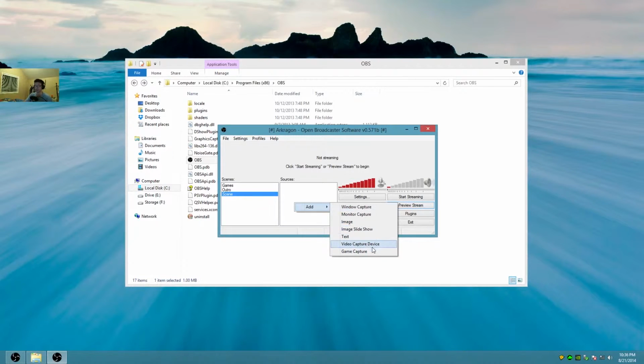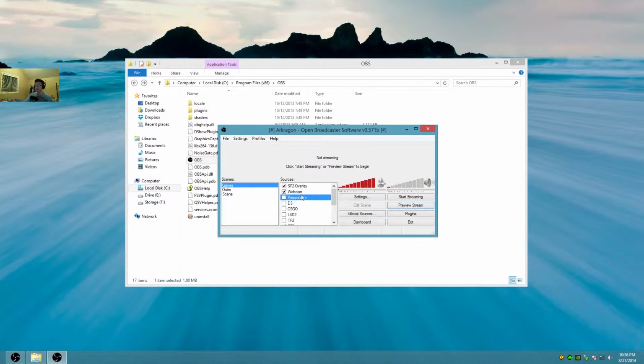Maybe you want to capture a webcam, like what I'm using right now. Maybe you want to capture other windows, like the game. Maybe you want to capture an image, because you have an overlay. Things like that. So you can always do this pretty easily, and you can order it around depending on what